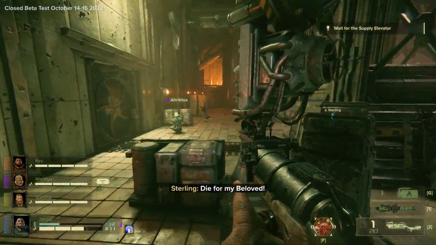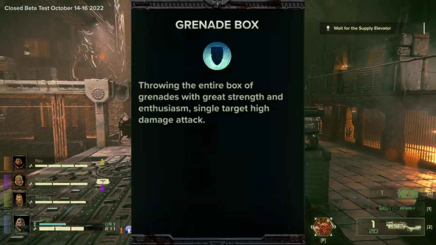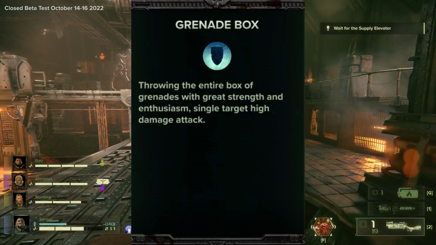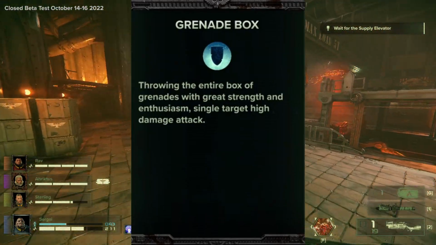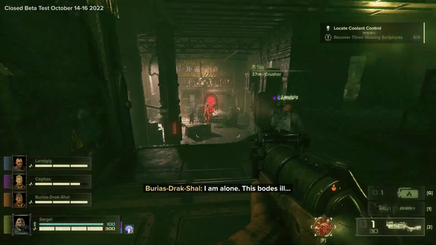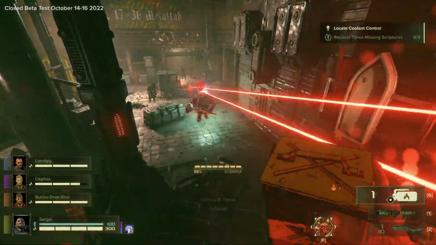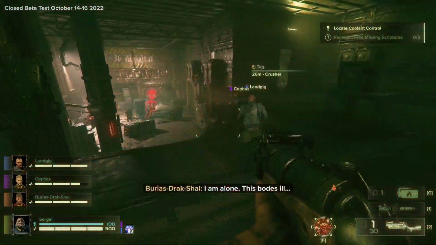Now let's move on to the base kit for the Ogryn. First we have their Blitz ability, Grenade Box, throwing an entire box of grenades with high strength and enthusiasm, a single target, high damage attack. This one's actually pretty hilarious to use in game since you're basically just yeeting a box at the enemy. As the text says, it does deal a high amount of damage,